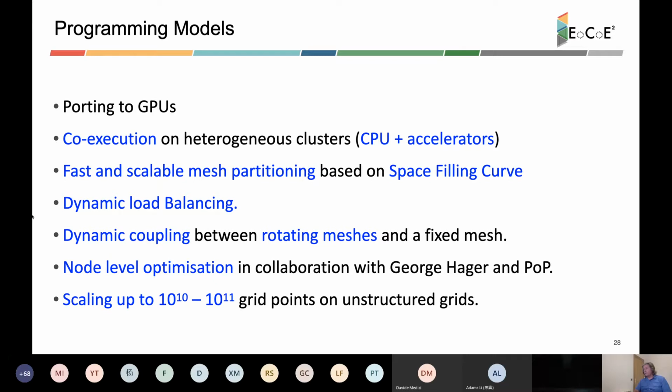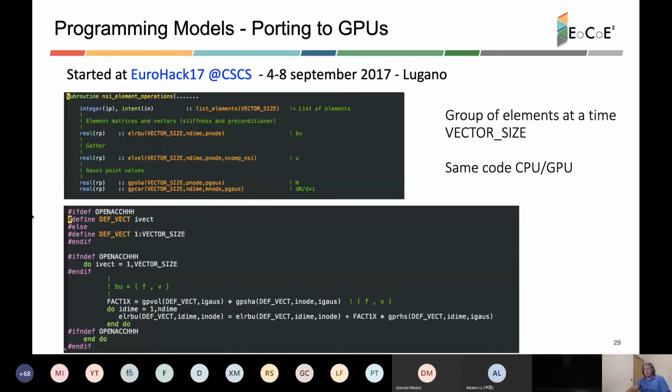We also have support from the POP Center of Excellence, and we have done some work in going towards very huge meshes. So regarding the GPU implementation, a finite element code has two main parts: creation of a matrix and solution of a linear system. We will concentrate on the creation of the matrix. For the solution of the linear system, we prefer to use external packages provided within EoCoE instead of Alya's own